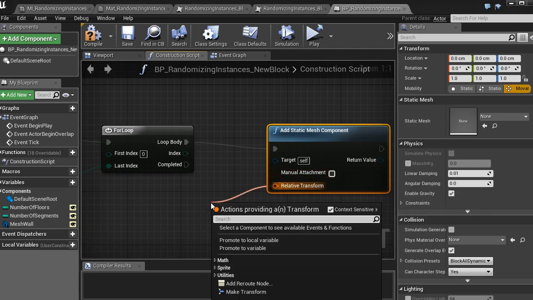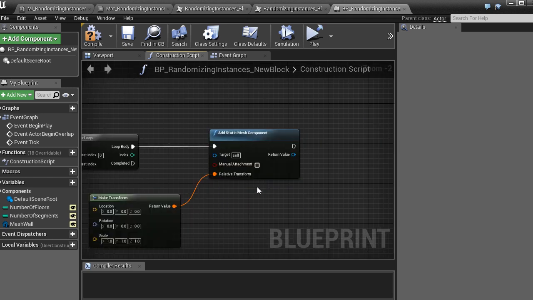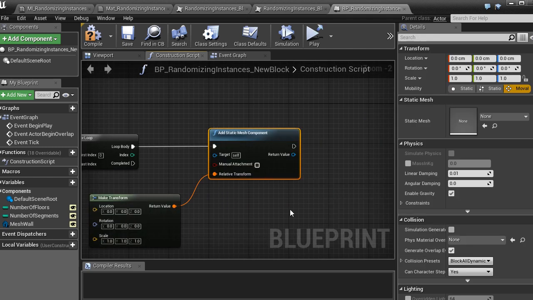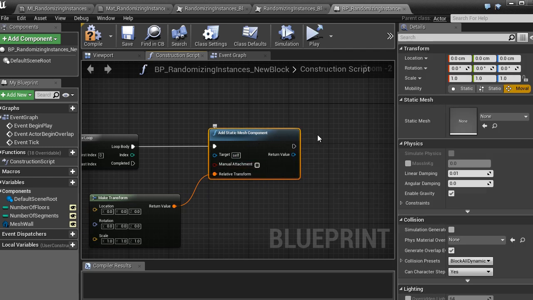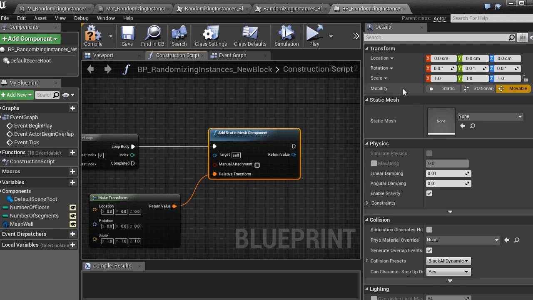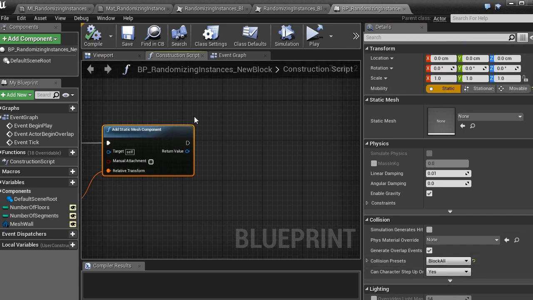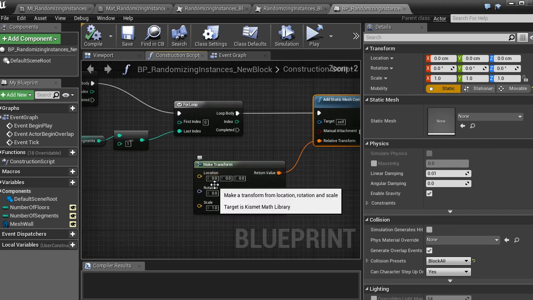Let's make some transformation for it. And what I need to do, what's very important, and you can miss it easily, is that this node in its details tab has a mobility setting here. By default it is movable. It is a building that I want to light with static lighting, GI and so on. So I set this to static. There are a lot of other options too, typical to static meshes. They are all okay by default for me. Now what should be the transformation of every module?